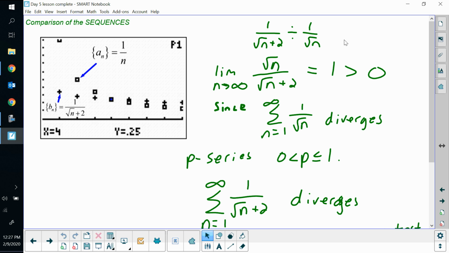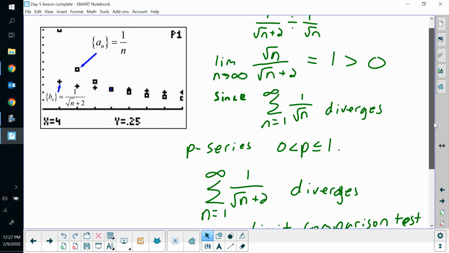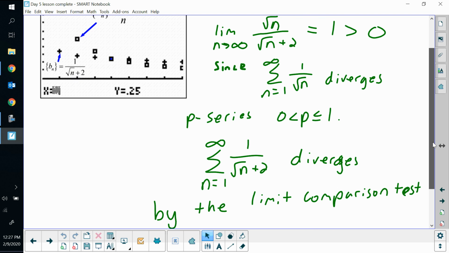So we're going to divide our 2 that we had here, the 1 over radical n plus 2 divided by 1 over radical n, and when you do keep change flip, we will get this. They have the same degree because they're n to the 1/2. So the ratio of our leading coefficients is just 1, which is a positive finite number. It's greater than 0. So we can say since our nice series, 1 over radical n diverges, since it's a p series that is p greater than 0 but less than 1, we can say that our new one, the series 1 over radical n plus 2, must also diverge by the